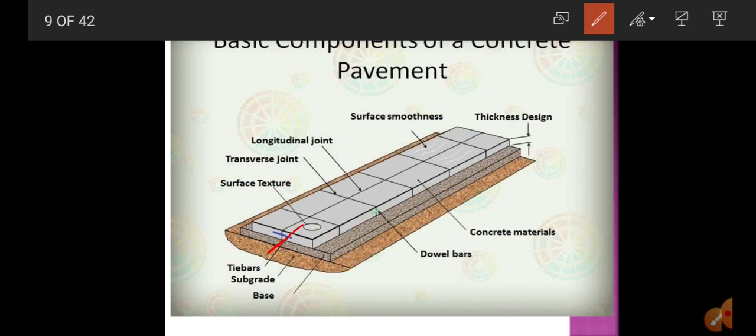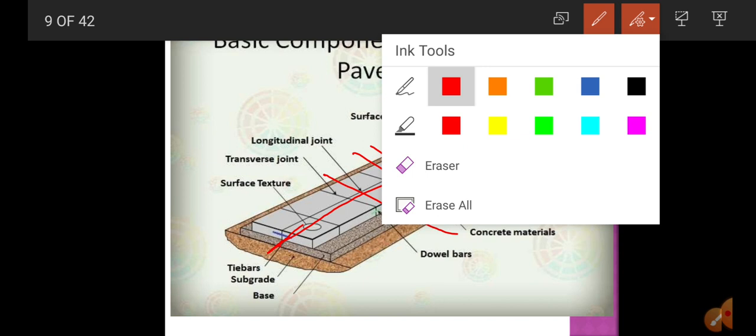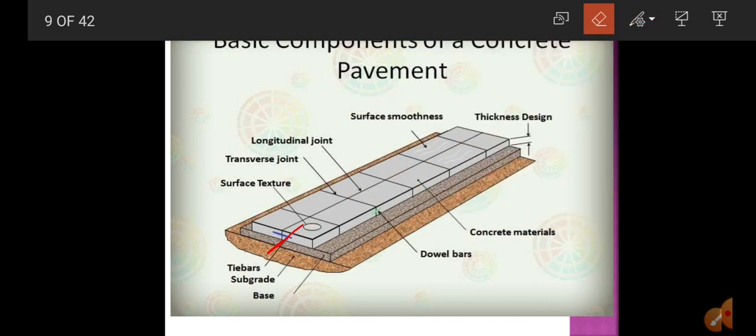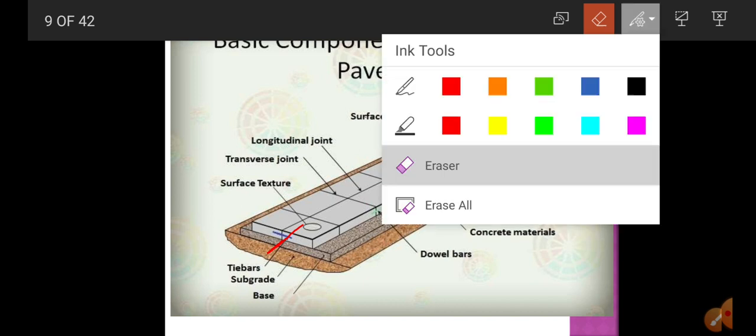Here you can see this is the longitudinal direction of the pavement, and perpendicular to that we call it the transverse direction of the pavement. Clear?